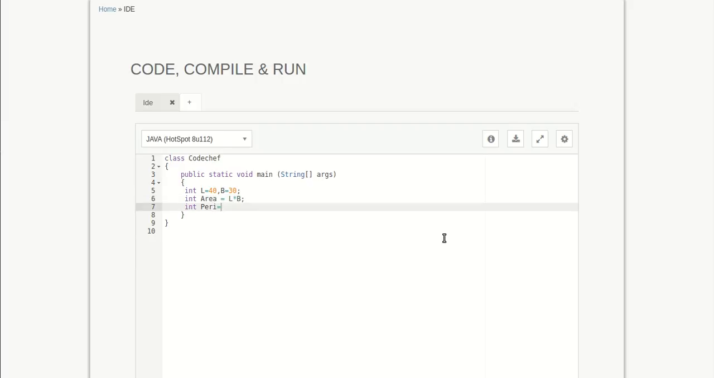Let's specify value for peri. Now peri will be 2 into l plus b. Okay, this is the thing. Now another thing, that will be System.out.println, and here I'm going to write